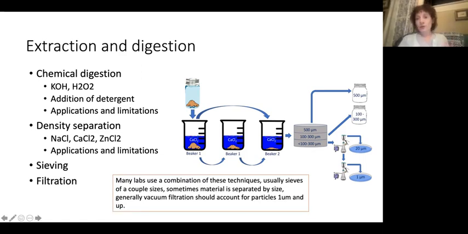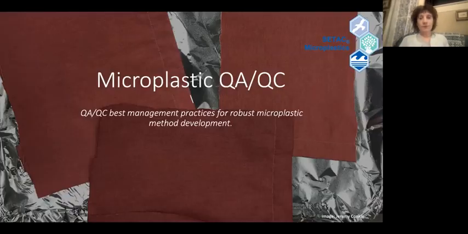So many labs use a combination of these techniques. Usually you have sieves of a couple of sizes, and like I was saying, sometimes material is separated by size. Generally, vacuum filtration should account for particles 1 micron and up. Sometimes in my group, we only go down to 20 microns just because of the analytical equipment that we have. We're not able to get down to those very small size fractions because we don't have a micro Raman. So you want to tailor